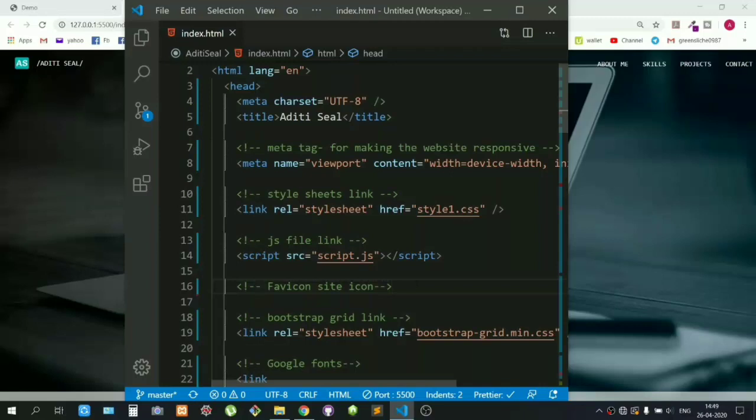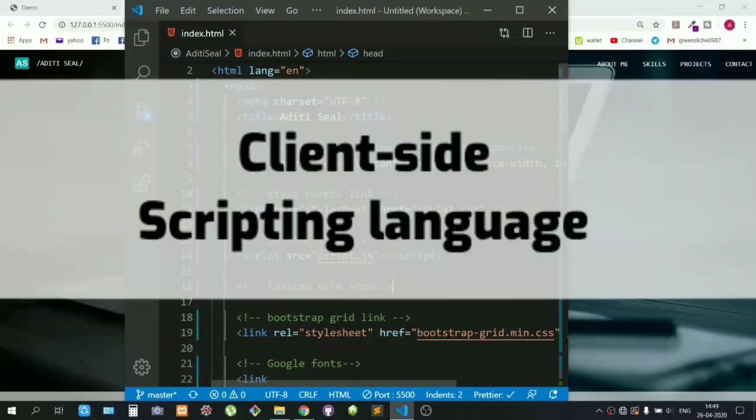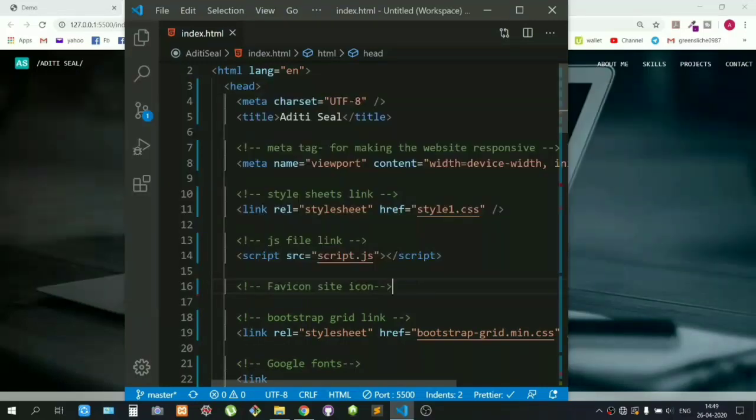JavaScript is basically a client-side scripting language. Initially it supported only client-side, but today it can support server-side also, like with the help of Node.js. Now, what is a scripting language? A scripting language is similar to any other programming language like C, C++ or Java, but in a scripting language you don't have to compile the code. Instead, it can execute its code without being compiled. So this is the difference.